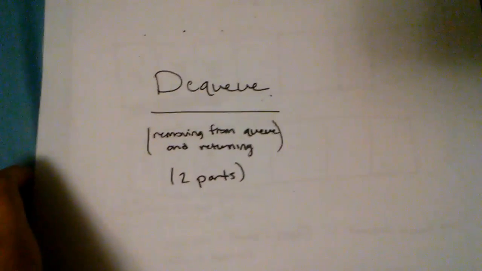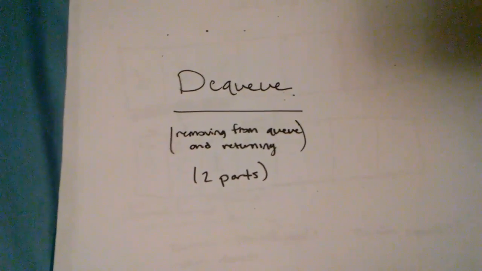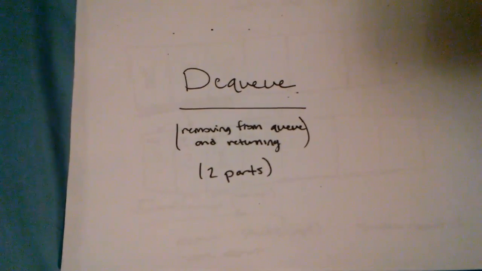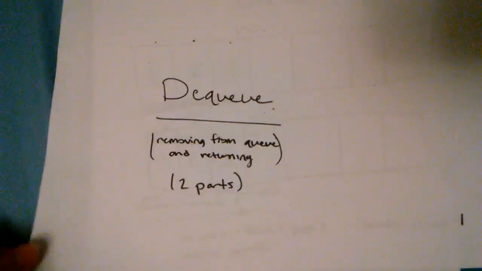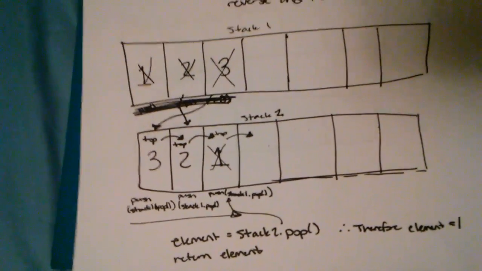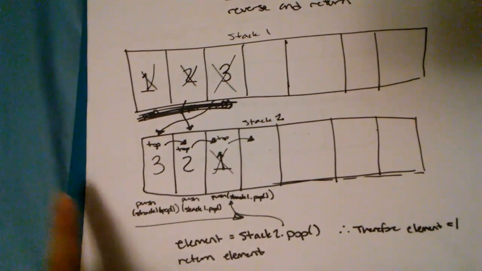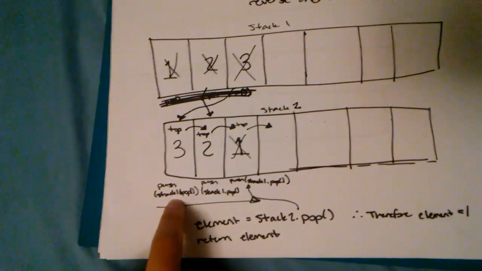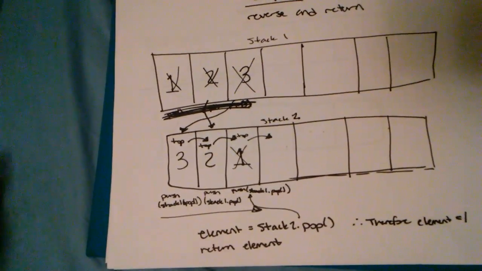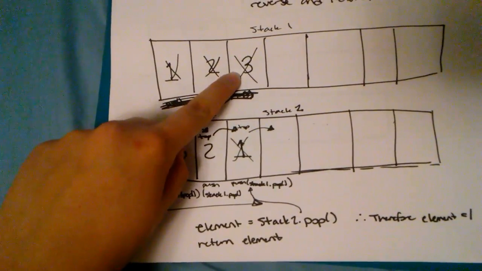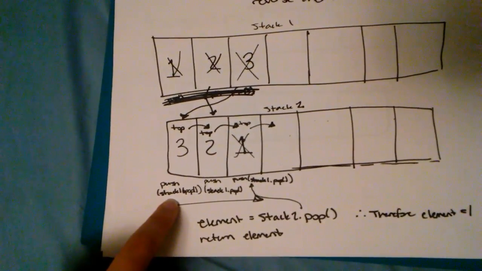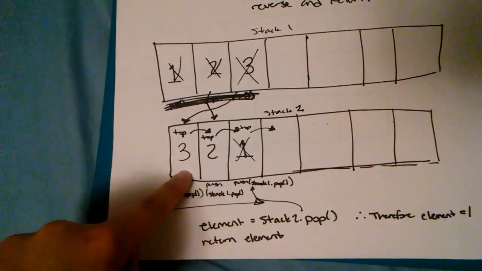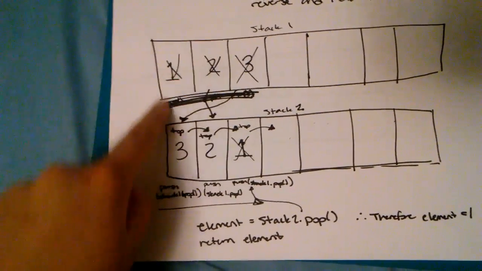Dequeue is where it gets a little bit more tricky. So dequeue is removing something from a queue and also returning whatever the value is of what you removed. And this is going to be done in two parts. So to dequeue using two stacks, what you're going to do is push whatever you pop from stack 1. So in stack 1, if you pop something, you're going to start from the last thing you put in. So this right here, saying push stack 1 pop, is going to take this 3 and put it here. So if you did it again, since the 3 is no longer there, it'll take the 2, put it here,